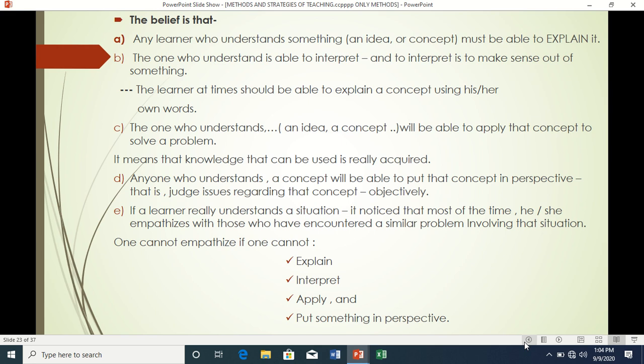So any student who understands a concept will be able to put that concept in perspective. What does that mean? Putting something in perspective is that the individual can judge an issue regarding that concept he or she has understood. You can judge it. That is why in our traditional setup,